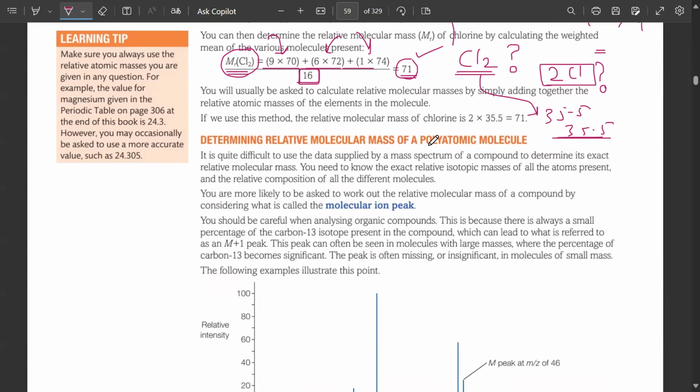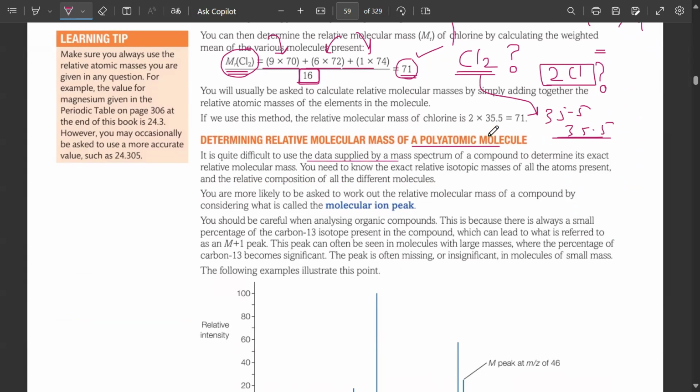But that's the most common one, or polyatomic. That's the most one. That's why we use it. Exactly, we have to use the values from the periodic table, which is why we will multiply 35.5 by 2, because Cl2 is a diatomic molecule. It is quite difficult to use the data supplied by a mass spectrum